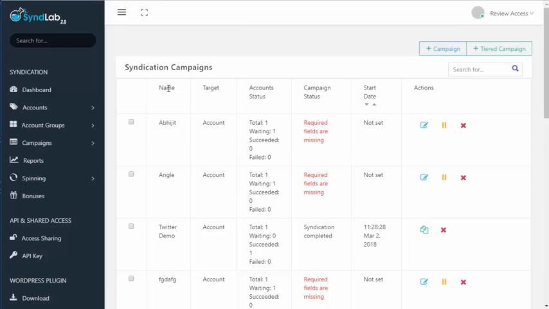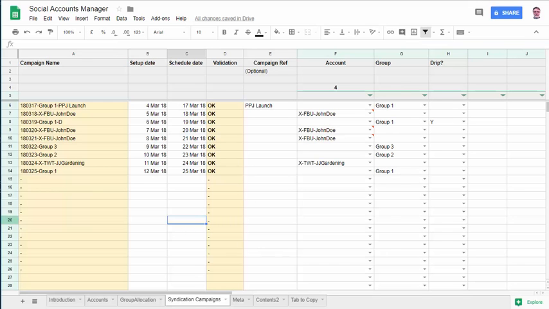But you're going to be creating a lot of campaigns, and you might want to keep track of them and have some reference to their success, how well they've done, and some comments. There's no place where you can do that up here. So that's what the syndication campaign tab is for. First of all, it automatically creates a name for you, and this is how it works. So to create a new campaign,